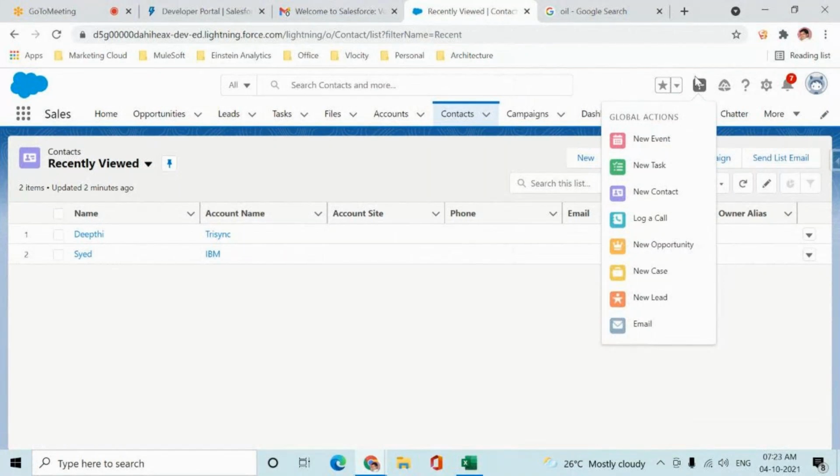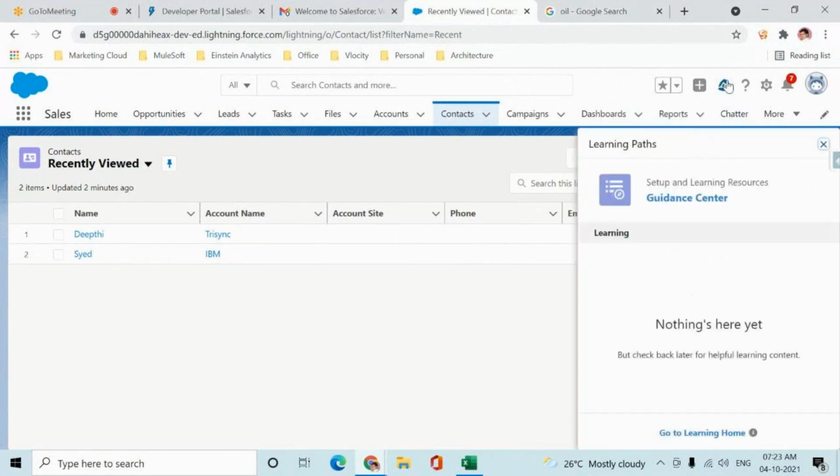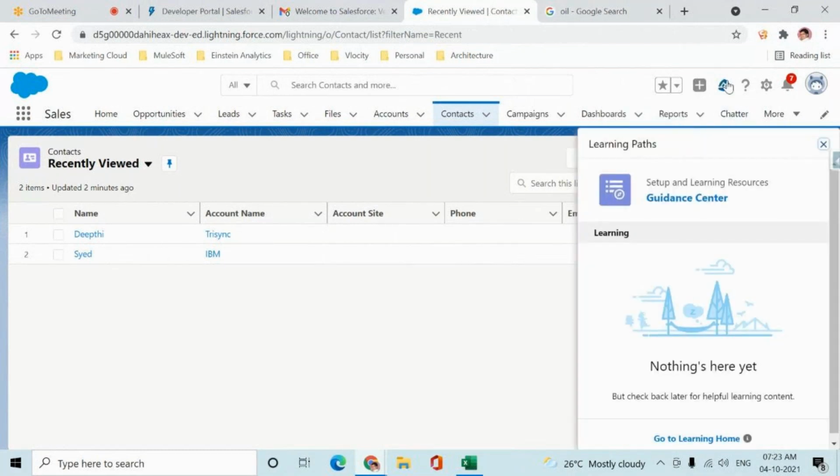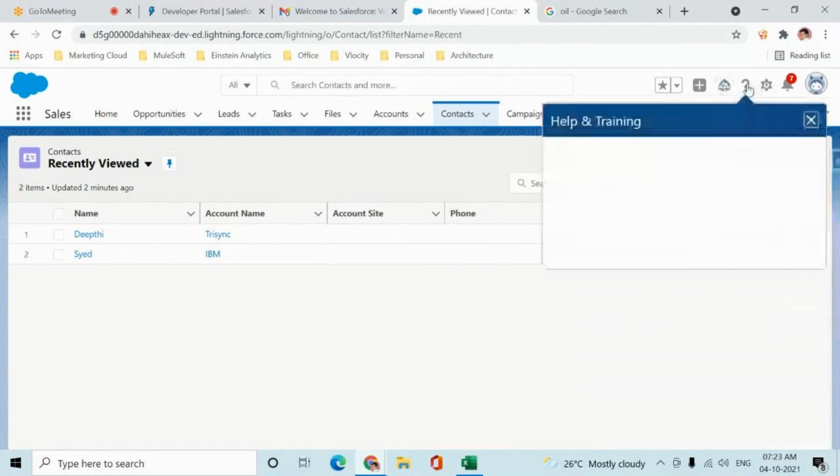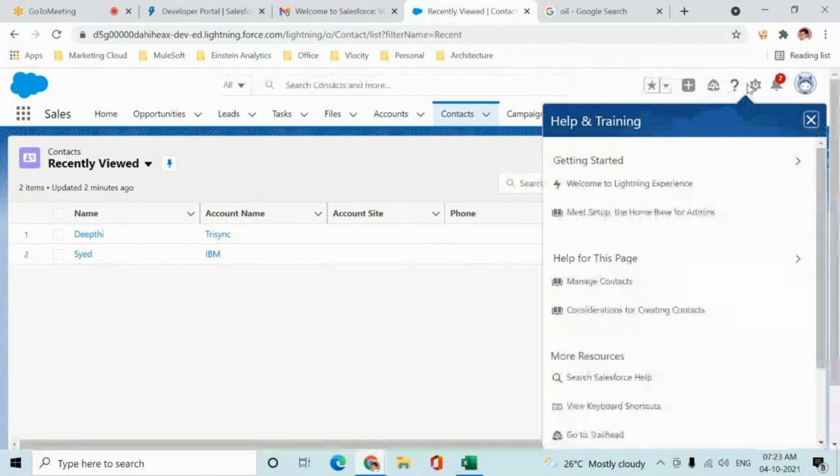Okay. And if you need any trainings from Salesforce, you can go to Salesforce Learning Paths, where I think you might have to pay around $2,000 to Salesforce to learn this. You can go with that as well if you go to the guidance center. Then go to the question mark. In the question mark, you'll have help and trainings. So here, this is a place. Let's say if there is a feature which is defined by Salesforce, somehow it's not working in my organization, or if I need a support from Salesforce support team, then I can go to the help and training, raise a case as well. But as we are using free edition, we cannot raise the cases. If you are going with the paid users, paid licensed versions, then we can raise a case with Salesforce.